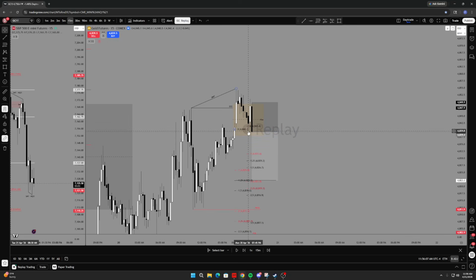So we now break this low right here. We form this 15-minute order block, which I don't really account for in price, but ideally you don't want to see price trade back above this order block. And we now inverse this higher 15-minute gap and this volume imbalance. So I actually took my entry here. So we'll go ahead and sell one. I had my stop pretty much at the high of the displacement